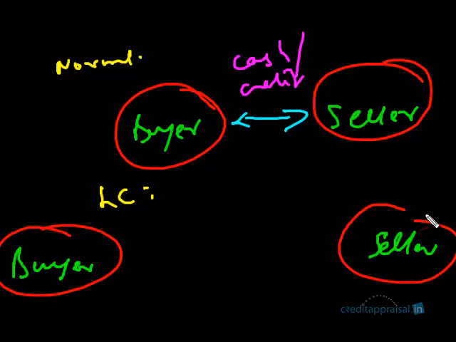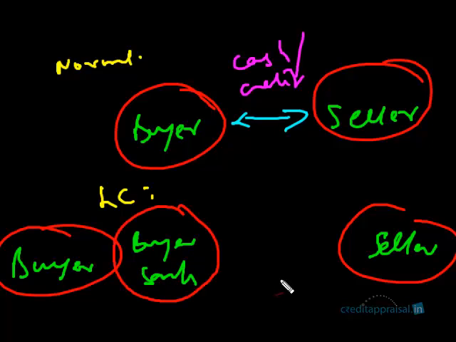We're speaking for the payment part. For the payment part, in a normal transaction, they are dealing directly, right? But in an LC payment, the buyer and seller are separated, right? So in between the buyer and seller, two parties enter, right? One is the buyer's bank. The buyer will be having his banker, right? He's dealing with his banker, right? So the seller will also be having his own banker, right? This is seller's bank.